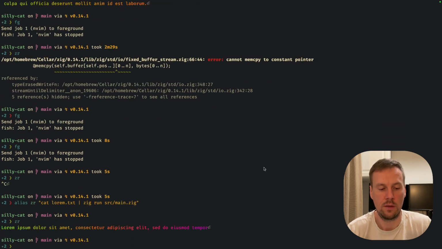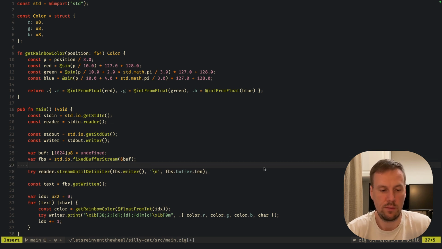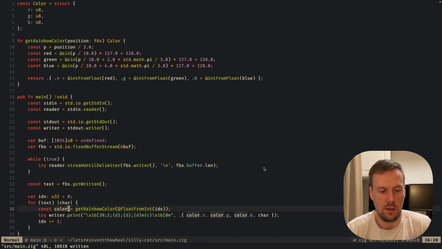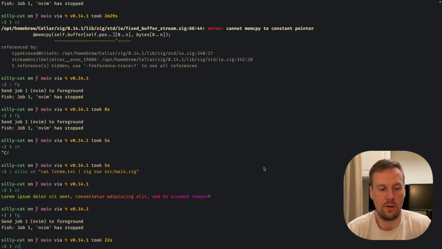And if we do that, yay, we see that we have read a line from standard input, applied the colors, printed it out, but then we stopped. And we stopped because, well, we read until delimiter only once. How do we read all the input? Well, should be easy, saying, all right, some endless loop. Let's try to read that. And yeah, this whole thing moves inside. And if we run it,